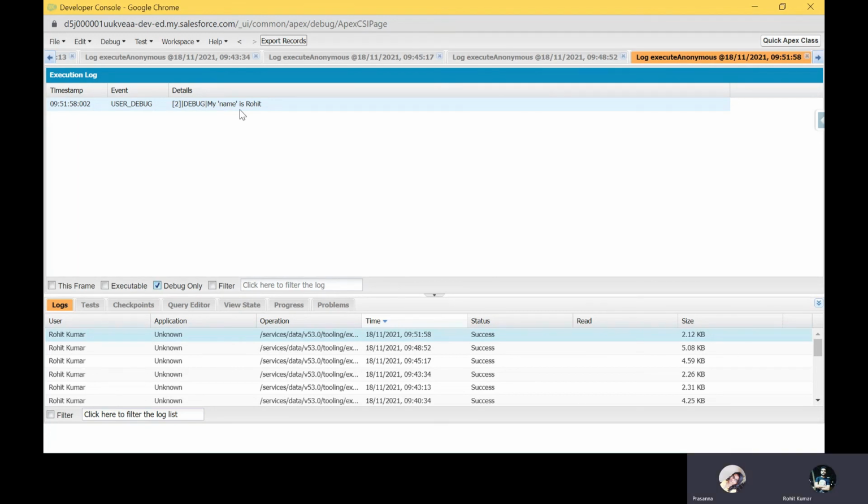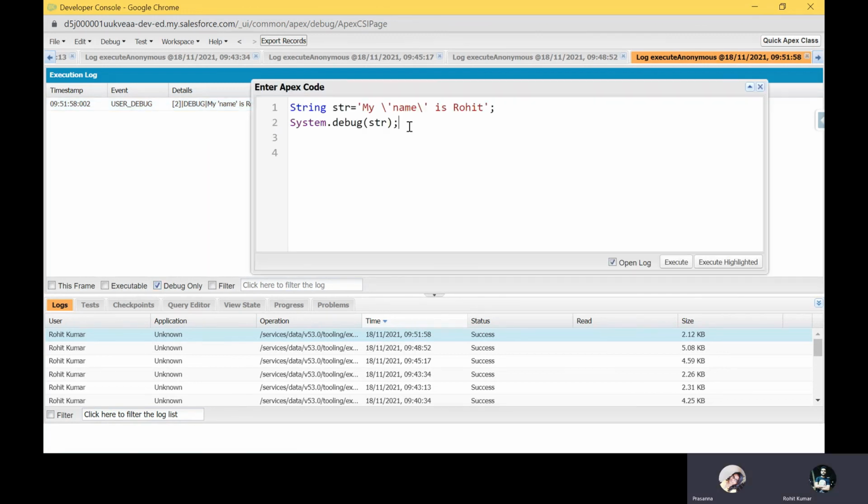Yes. Can you show me once again? Yeah, definitely. Let me first remove this one because it's confusing for you. I have one string, 'My name is Rohit'. I want to put a single quote around the name Rohit. How to do that? Directly you cannot use it like that in Apex, so our syntax is wrong.